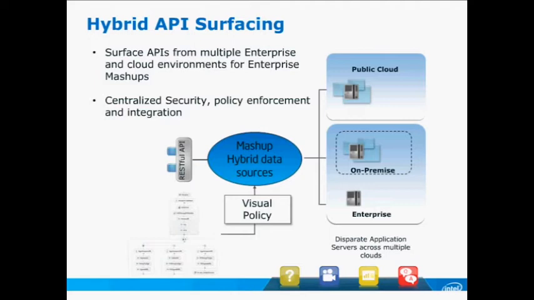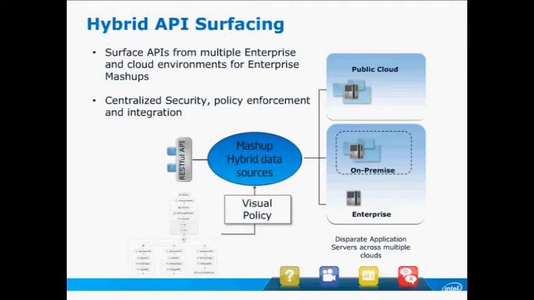They may also have a private cloud on-prem within their own data center, and then they may have legacy standalone enterprise systems. And to provide a single interface that's orchestrating connectivity across those multiple back-end data sources, there's a need